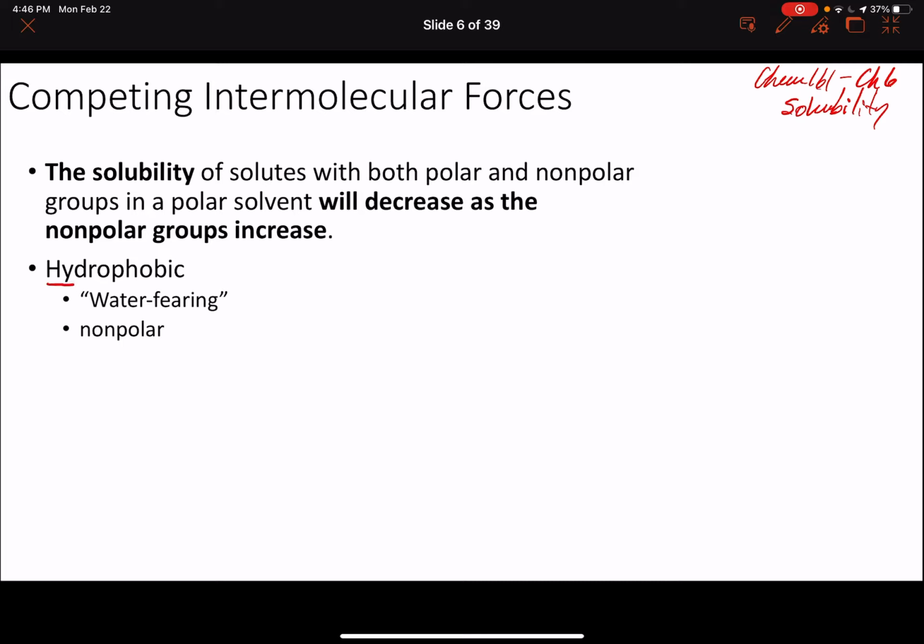We have the term hydrophobic. So phobic means fearing, like arachnophobe, you're afraid of spiders. Hydro, of course, means water, so we have water fearing as a term there. And so this is a good term to use when describing nonpolar components of a molecule, for example. Okay, so things like our very nonpolar CH bonds program for a lot of nonpolar areas in molecules. Okay, so hydrocarbons